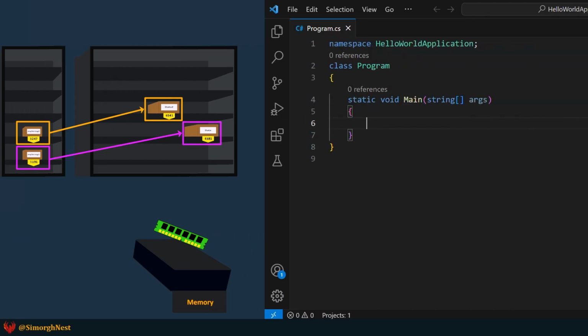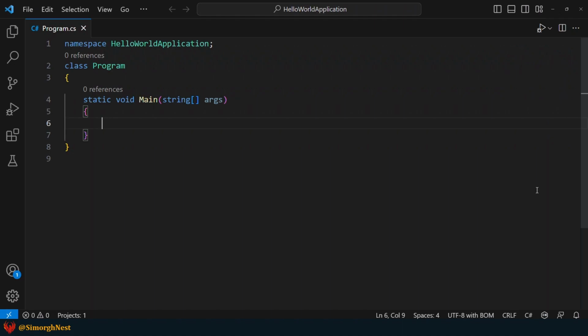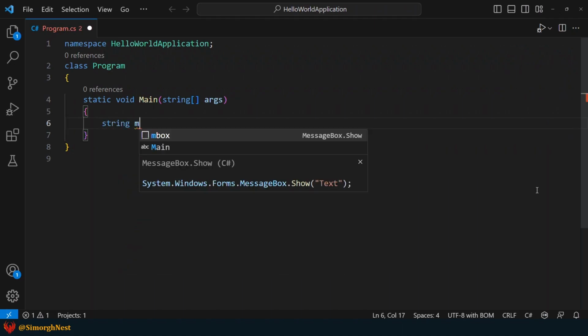Alright, let's jump into VS Code and show you some examples. Okay, first, let's declare 4 string objects.